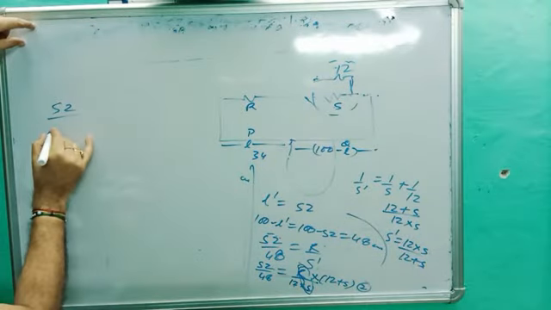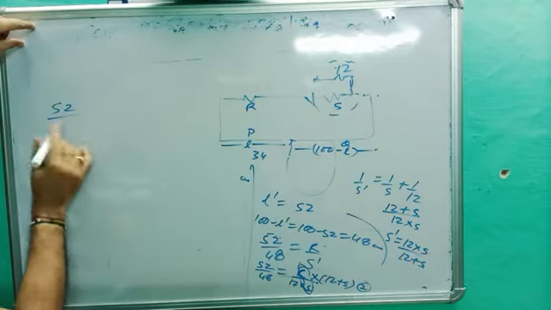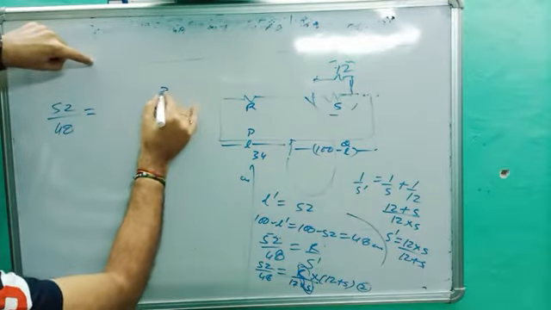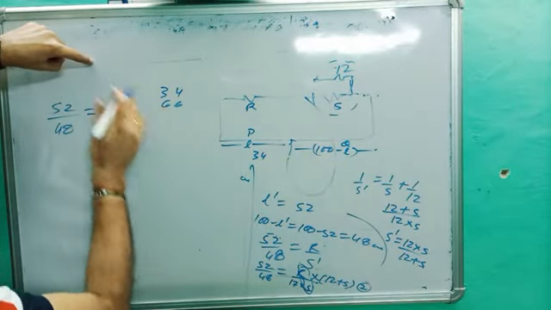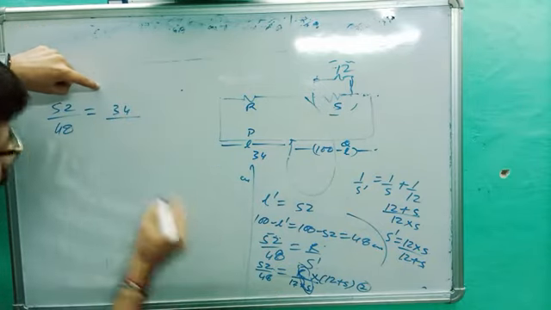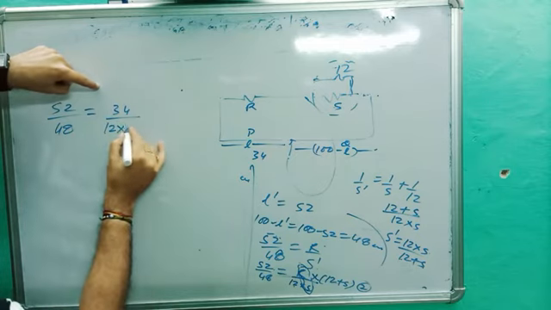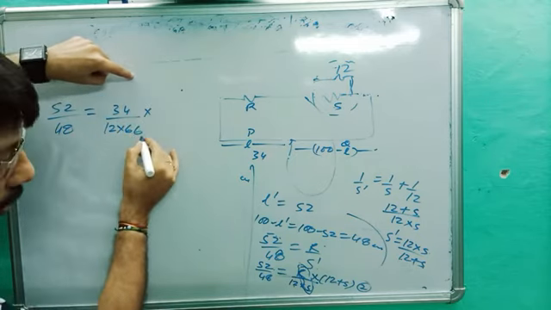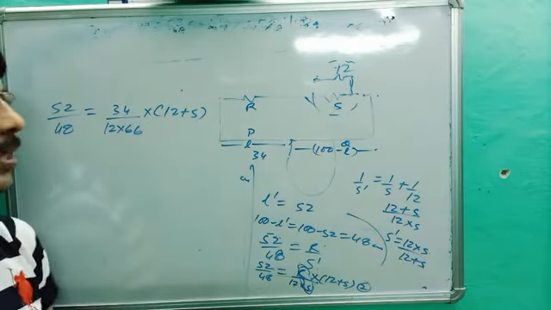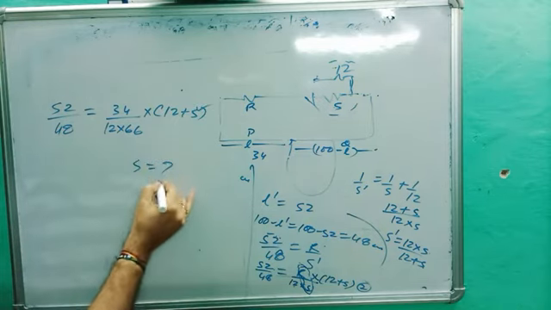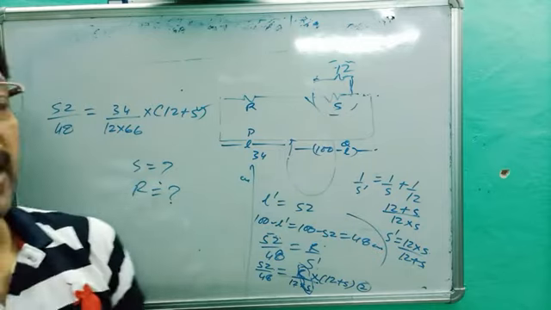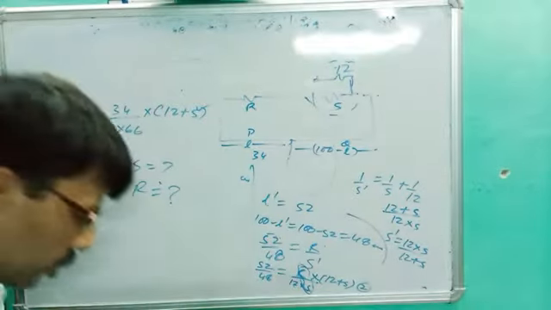Same answer, 52 upon 64, sorry, 52 upon 48. Directly we can get it equal to R by S. What is the value of R by S? R by S is 34 and what? 66 in equation first. So it becomes 34 upon 12 into what? 66 multiplied by 12 plus S. Directly you can get it by that method also. So there are two methods by which you can get the value of S, and if you put the value of S here, you can get the value of R. In this way you can solve the complicated question of meter bridge. Okay, so this is all about your meter bridge.